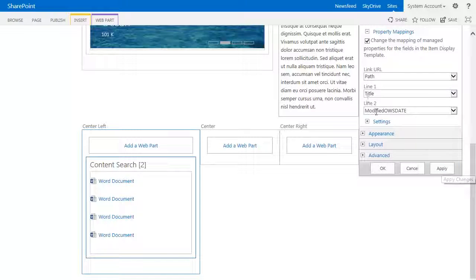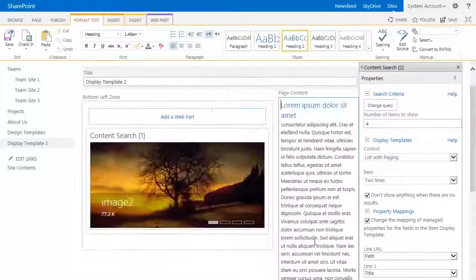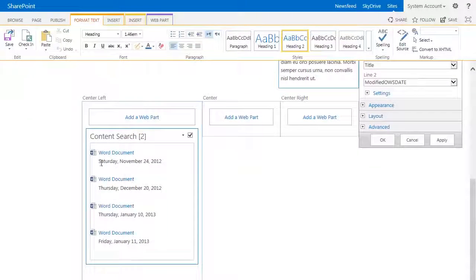Now here I do have to hit apply once I choose a different metadata. So I'll hit apply. Scroll down, you'll see when these things were last modified. Now the one thing that it doesn't show is that of course you have the label that says what this date is. So some people might think this is the last created date, modified, so that's one sort of limitation there. It doesn't sort of give you that label, but